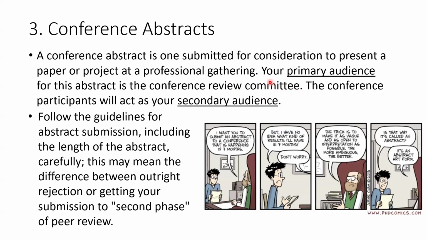You submit your conference abstract to the conference review committee. That is a primary audience. They will be the first to read your paper, right? And they will decide whether your research is good enough, clear enough, and relevant enough to be included in the conference. If the abstract is not well written, not strong, you might be rejected, right? So you have to be careful when you write a conference paper, because the rate of rejection sometimes can be a little high, right? Depending on